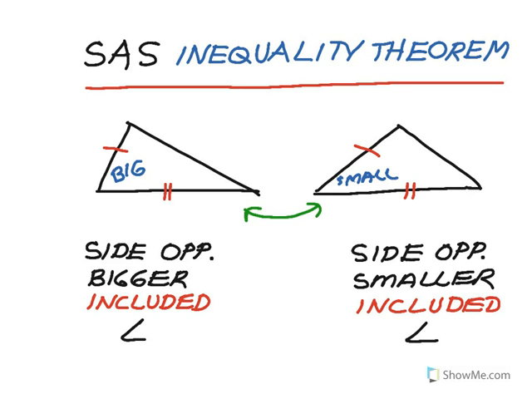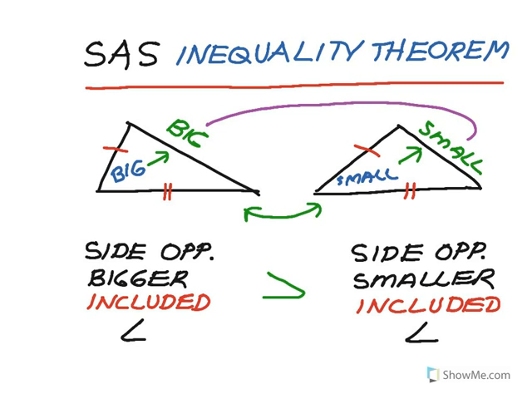included angles. And it's going to end up logically that the side that is opposite the larger of the two included angles is going to be greater than the side that's opposite the included angle that's smaller. So the theorem is that the side opposite the bigger included angle is going to be longer than the side opposite the smaller included angle. And what it means is that this side on the left is bigger when compared to this side on the